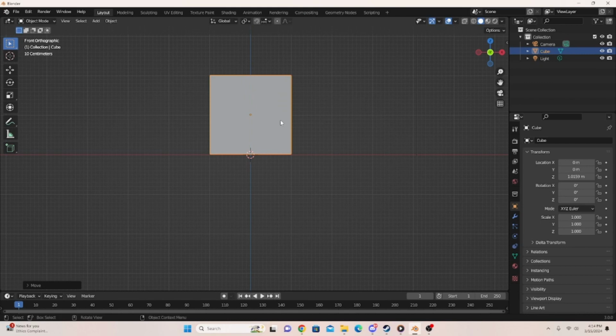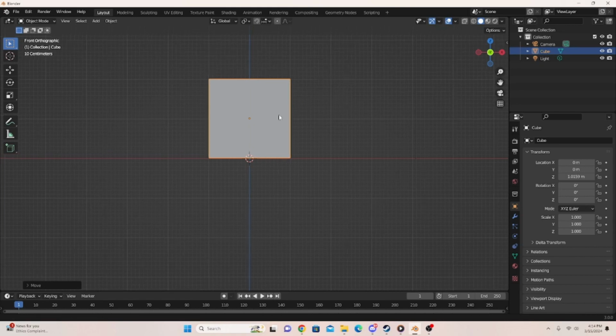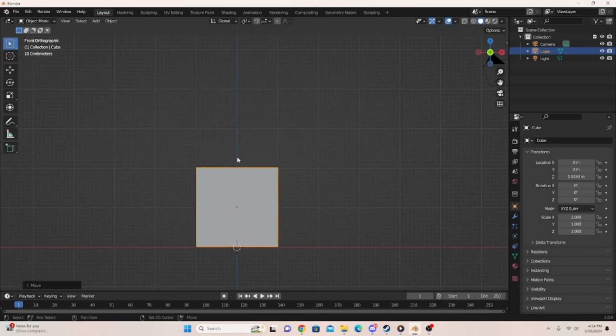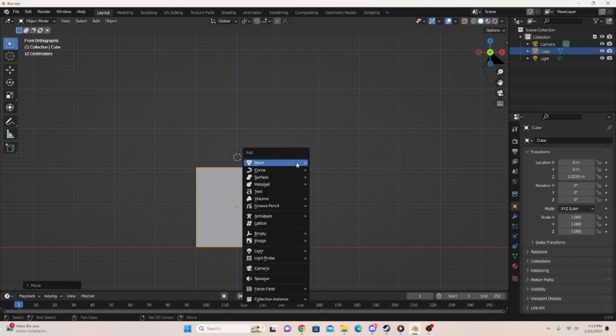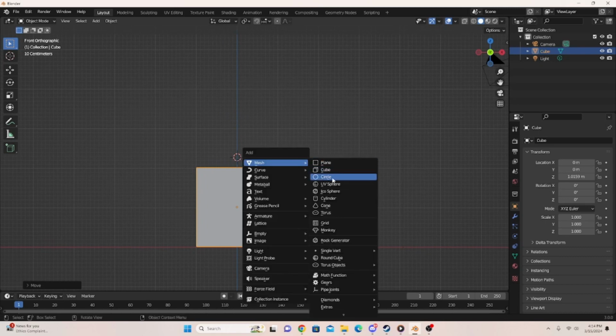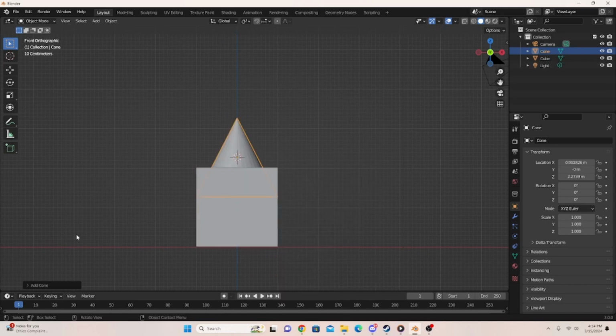Now let's say for now we're just going to create something very simple. Just create a house. I can hold shift right click to pan up, shift right click my cursor here, and shift A, mesh, and let's say we're going to do a cone for the roof. If I click on this drop down right here, add cone,